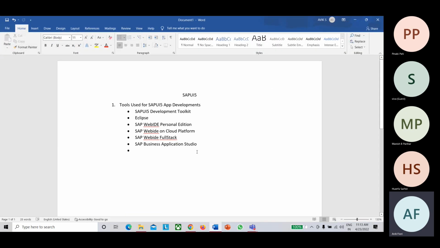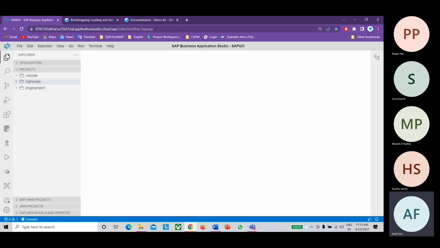Okay. So after the tools, right? Just now we only covered the tools and the basic account creation on SAP BTP. After that, one more tool is left, which is optional if you want to use it or not. We have one more tool, SAP UI5 Inspector. So if you're using Chrome browser,